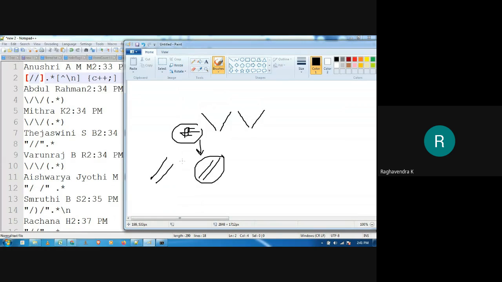So it need not escape its meaning. You can simply write that this is what I am looking for. What Tejaswini has specified is that you are looking for these two together, literally. So this might be one of the ways to specify the single line comment.